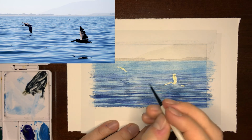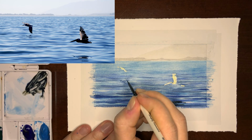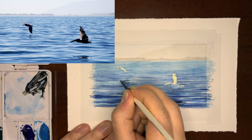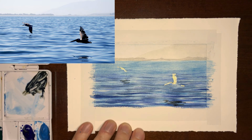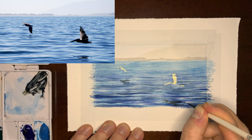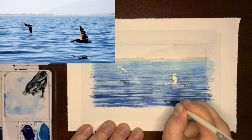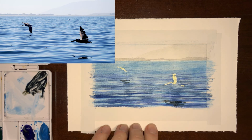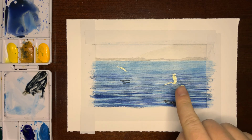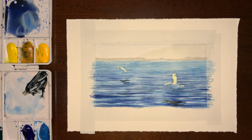And same back here, this one's thinner and squatter overall. Believe it or not, I think it's time to let this dry and then remove the Frisket, the liquid mask, so that we can come in and finish up the pelicans. I could do one more layer of pulling out some more intensity in the water, but I think I'm going